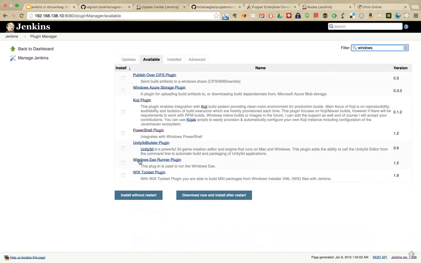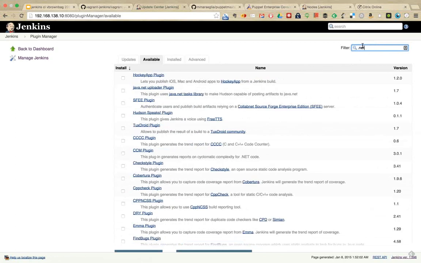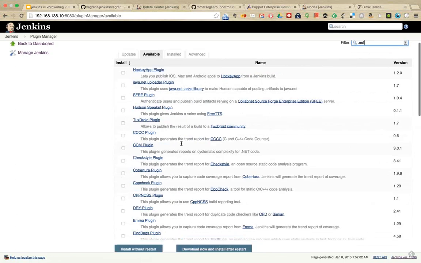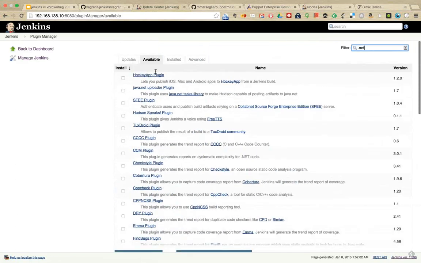You know, Windows EXE Runner, Azure Storage, published over CIFS. I think you're asking about .NET. I don't see a .NET, but it's PowerShell. Let's see. They have a .NET. Don't really see it, but if you want to install one of these, let's say like Git,